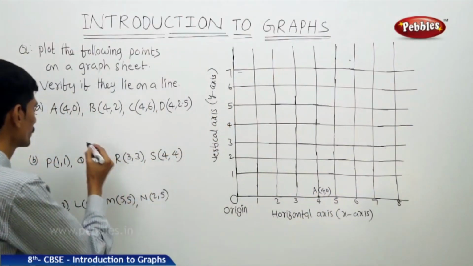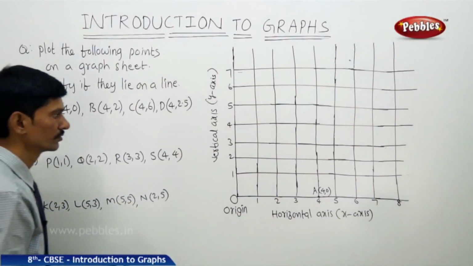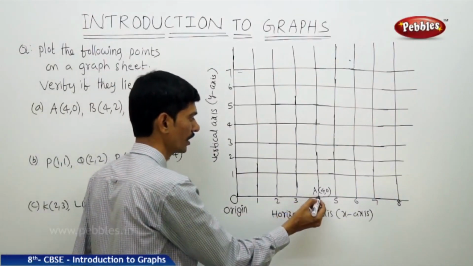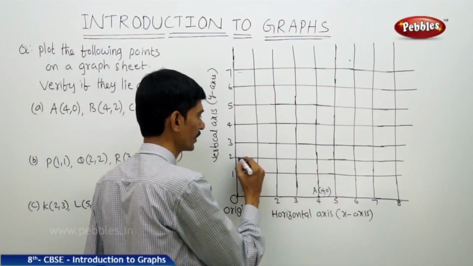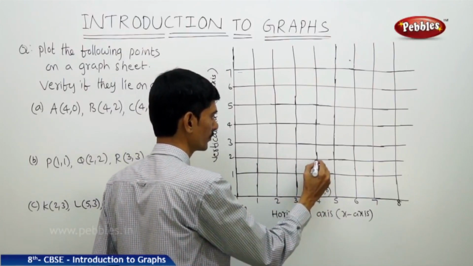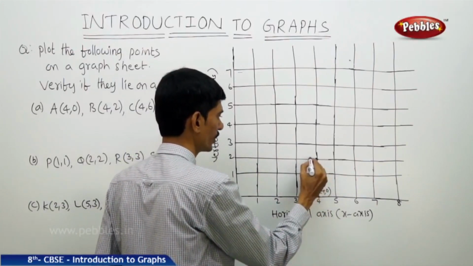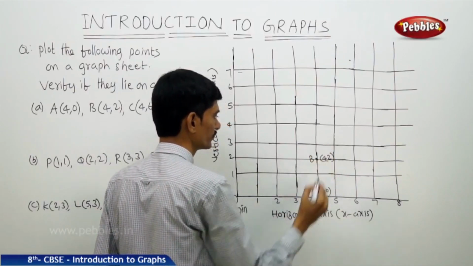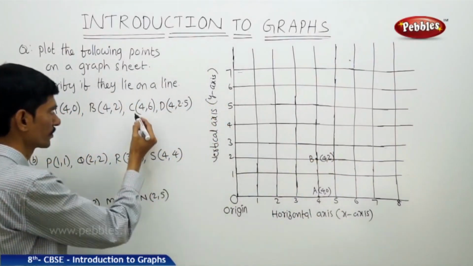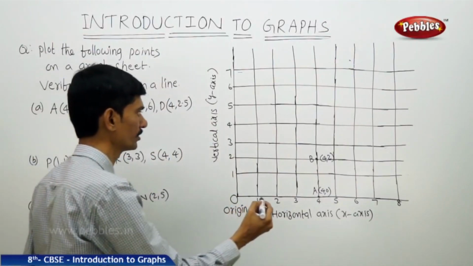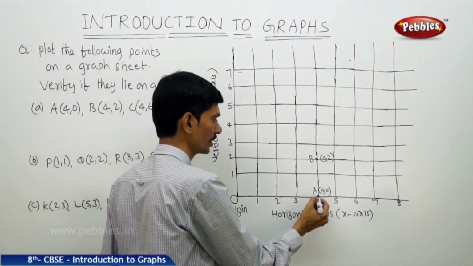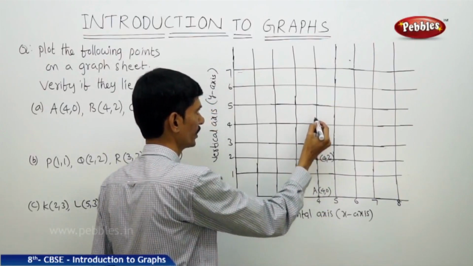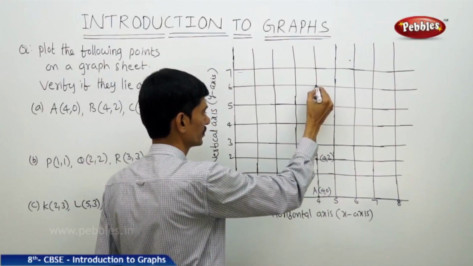Then the second point, 4 comma 2. If you take 4 comma 2, on x-axis 4 and on the y-axis 2. So these two lines will intersect here. So this is the point B, which is 4 comma 2, and the next point 4 comma 6. C point is 4 comma 6. So on the x-axis 4, on the y-axis 6. So this is the point C,